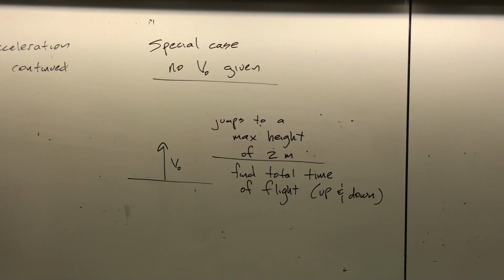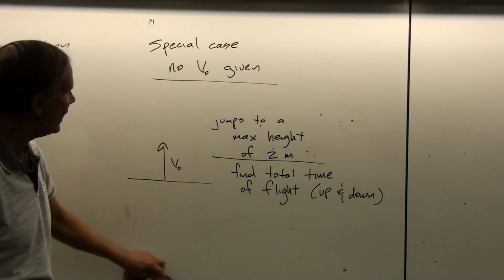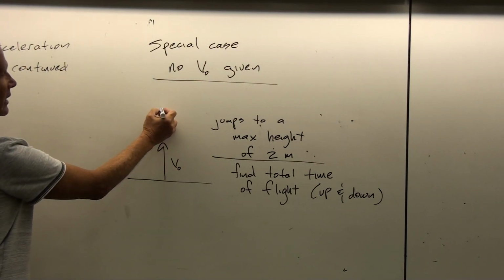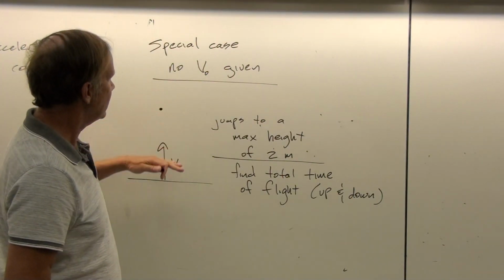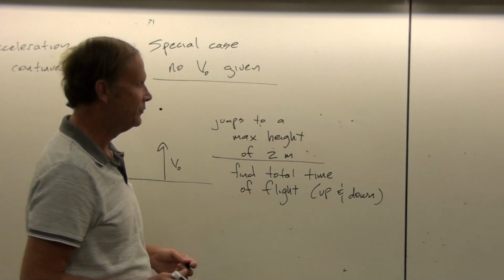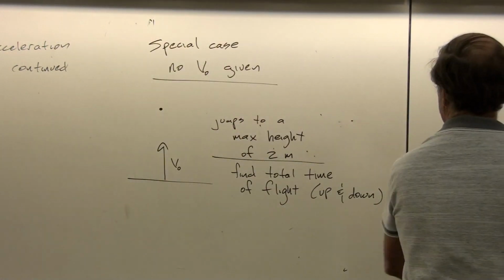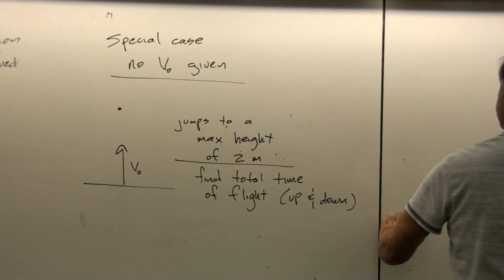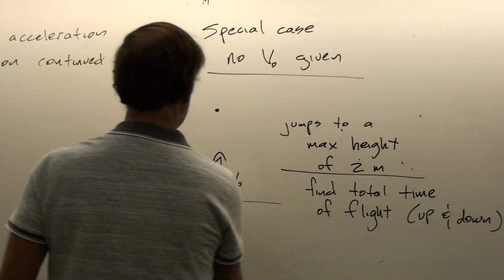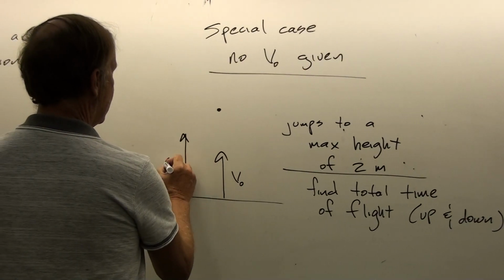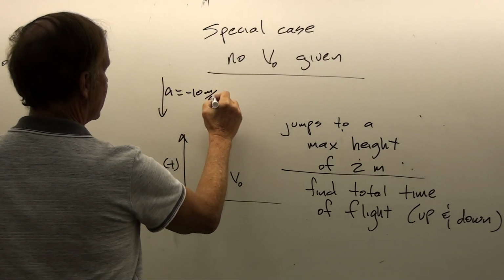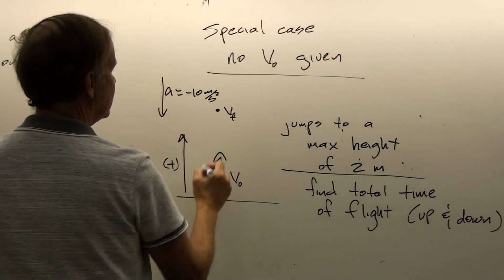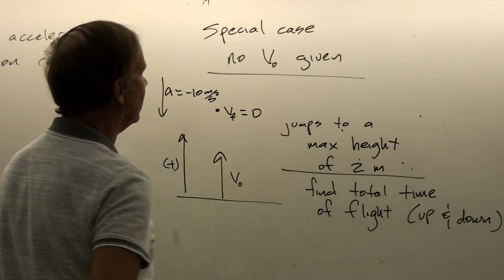All right, so I have a choice here of ways that I could handle this problem. I could start out and figure out the time to the peak and then double that, because I know that however long it takes to get up is going to be equal to the amount of time that it takes to get back down by symmetry. But if I do that, I'm going to need to set up a table of knowns and unknowns. I usually like to define the positive direction in the initial direction of motion. The acceleration due to gravity is minus 10 meters per second squared. And the final velocity to the peak is just 0.